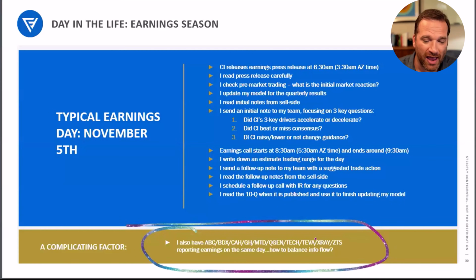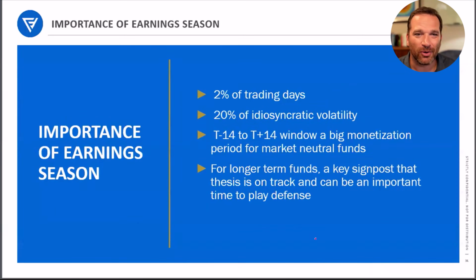Right. And so I think that's why AI is really compelling in earnings, is we're already sort of triaging the work heavily. There's also a very important time. There's 4 print days per year, and those 2% of trading days drive 20% of idiosyncratic volatility. And the run up and the post trade, also a big monetization period for market neutral funds where idio vol is elevated. So I think something in the roughly sort of 50% of alpha, 50% of idio vol is capturable